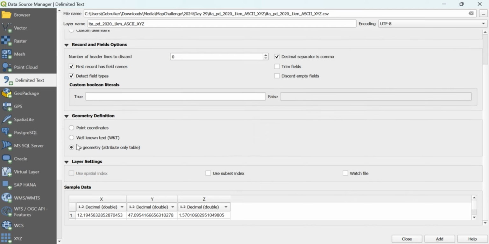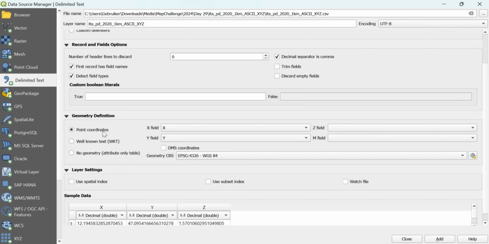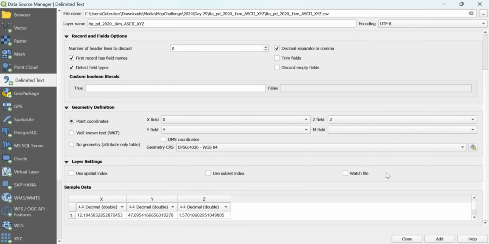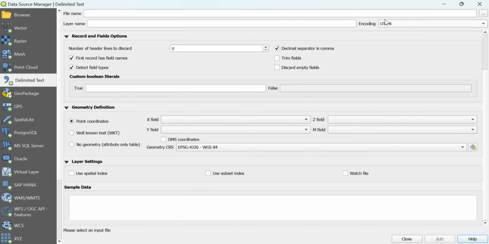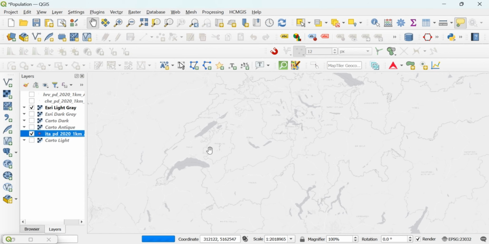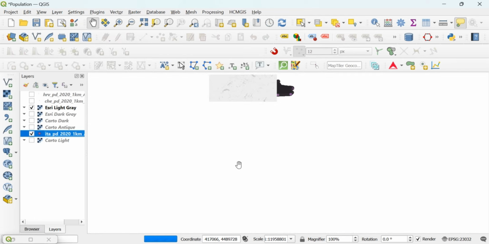Sometimes it's not, and it will come as no geometry. Because we have a Z field, I will just try to use the Z value here. I will add the data, and then we'll just zoom in to the place.